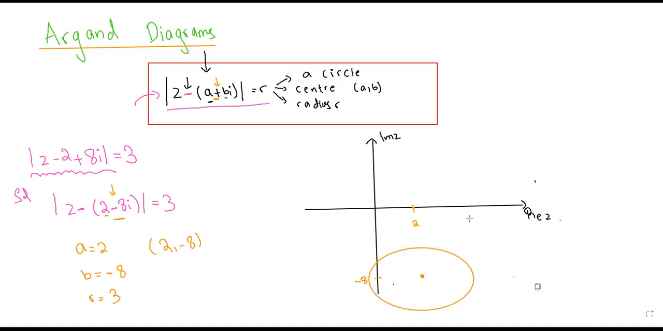Let's set something of this type. Obviously, it's not a perfect diagram, but that's okay. Now the radius is 3. So the center has coordinates 2 and minus 8. My question is,